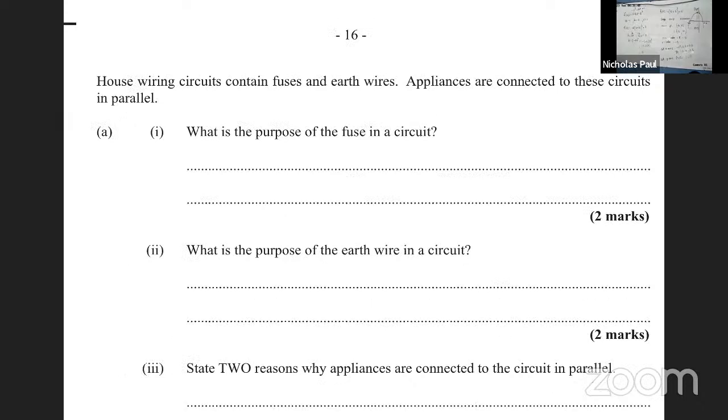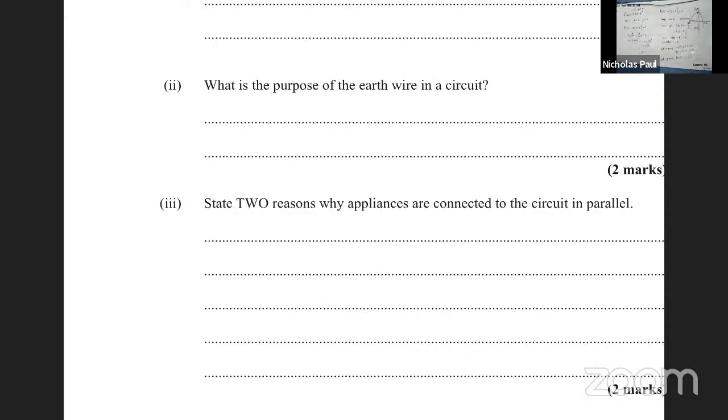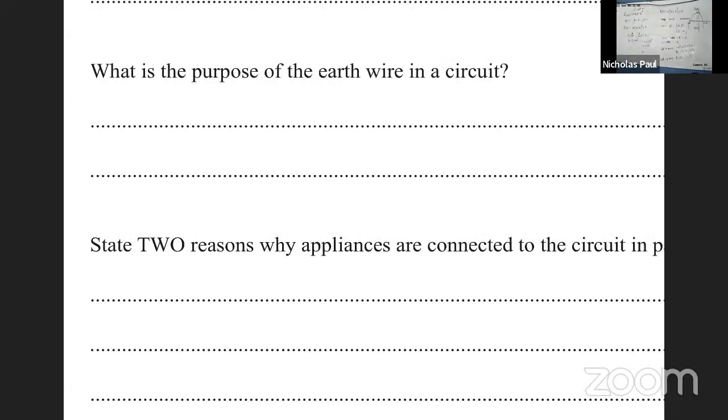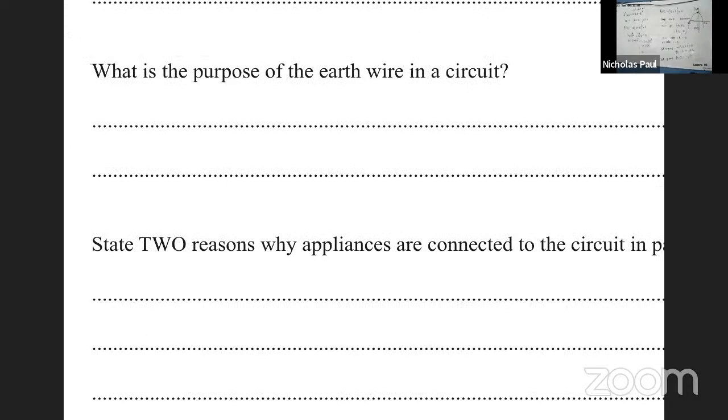So the purpose of the fuse is to help protect the appliance from a current value higher than its rating. So if your rating is 10, you don't want anything higher than 10. The earth wire is used to remove any excess electrons from the circuit. And the next question: state 2 reasons why